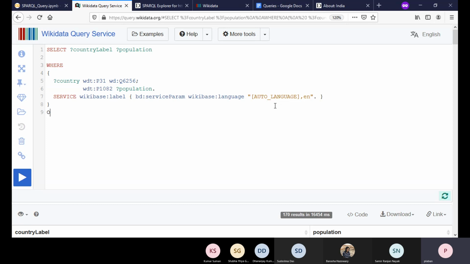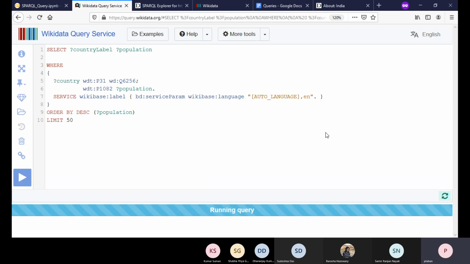Now going to the next part, we are trying to sort this, right? So we'll be writing ORDER BY, and we want this to be descending order, and the descending order would be based on population, right? And then we want to limit it, say, to 50. We just need the top 50 countries based on the population value.